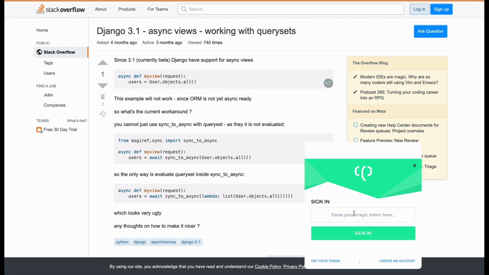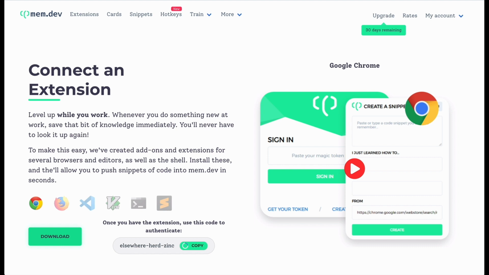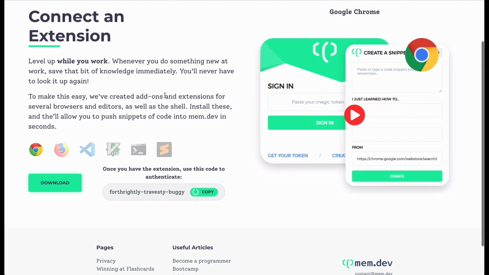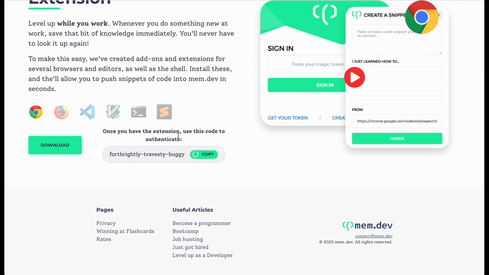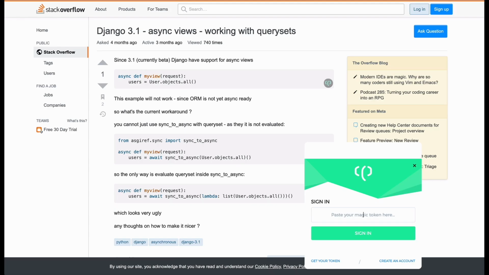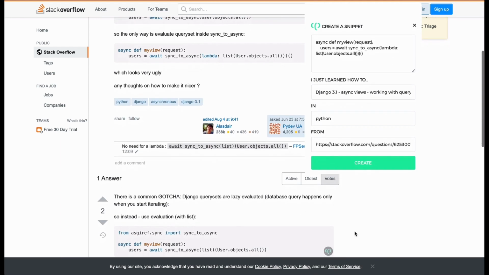So what I'm going to have to do is go to my Mem.dev app, click on extensions, and here you can see it says, once you've installed the extension, use this code to authenticate. Forthrighty travesty bug. Oh, I can just click copy and then go here, paste that, click sign in, and now